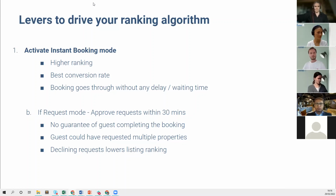Diving into optimizing for growth and top tips to drive more bookings, there are a few different levers a property provider can use to optimize their listings on the HomeLike platform. The first and foremost is instant booking mode. Instant booking mode gives your listings higher ranking as compared to request mode. Instant booking mode also has the best conversion rate because the bookings just go through. So the guest visits the HomeLike website, clicks on your property, and they are able to instantly book it. There is no delay or waiting time and no intervention needed from HomeLike booking managers or from yourself